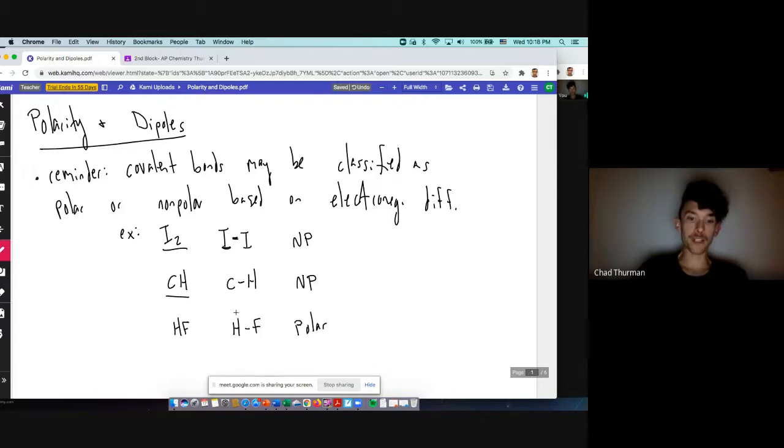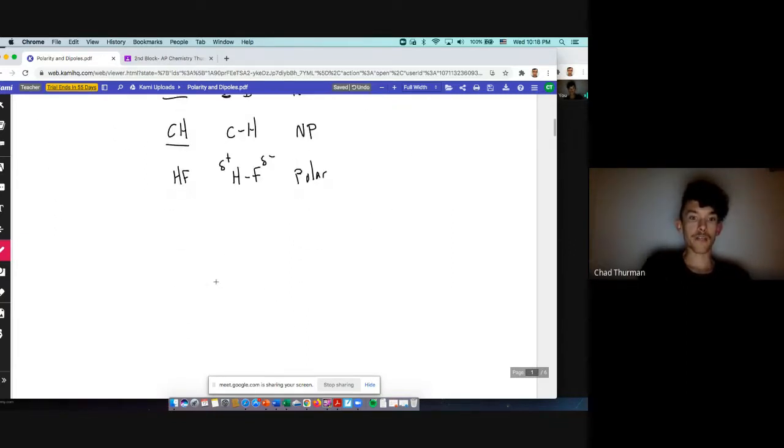And let me remind you that we denote that with a lowercase delta to show partial charges. The negative, of course, on the fluorine, because fluorine is more electronegative than hydrogen. That indicates that this molecule has partially charged ends. So that should be a review. You should know all that already. Going on,